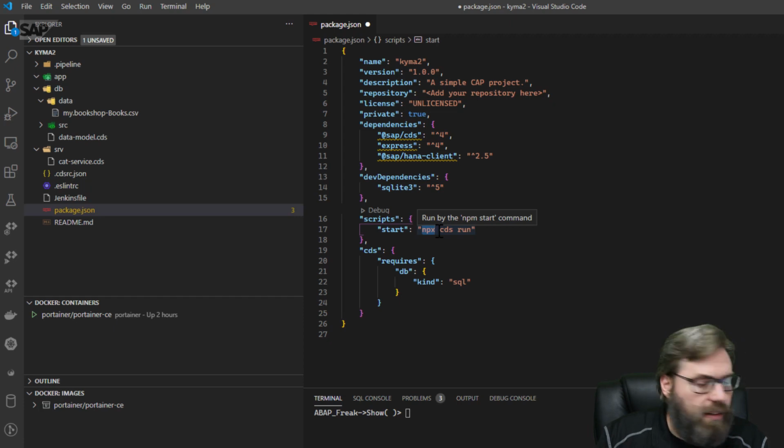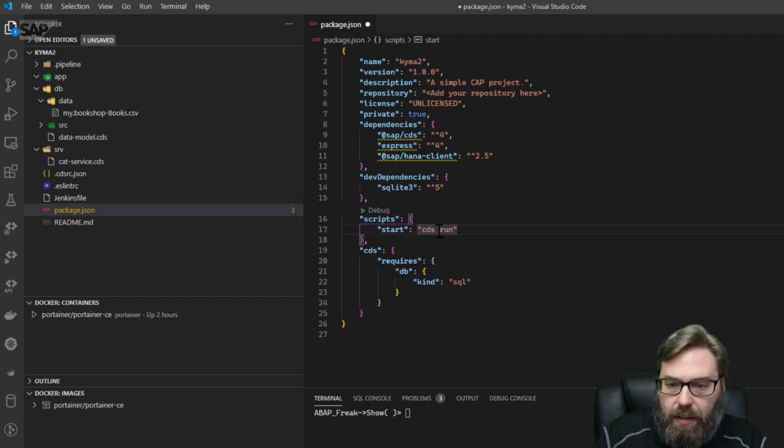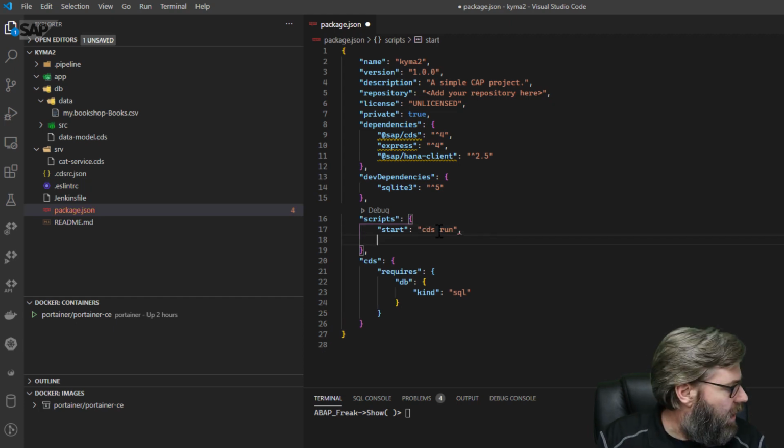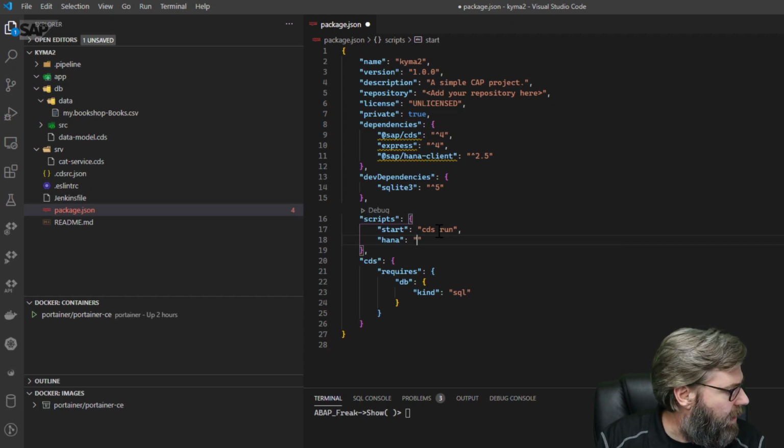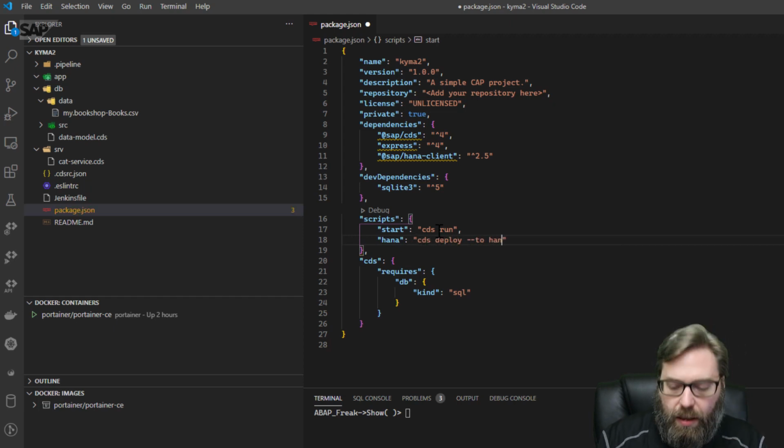Start: cds run. And I'm going to add a HANA script to help me out here: cds deploy to HANA. And we'll call this Kyma 2 for our container name with an auto